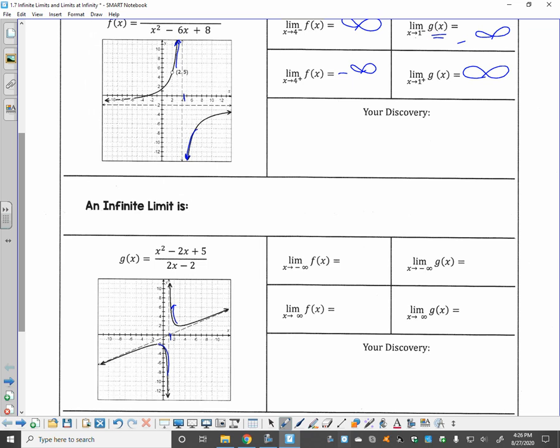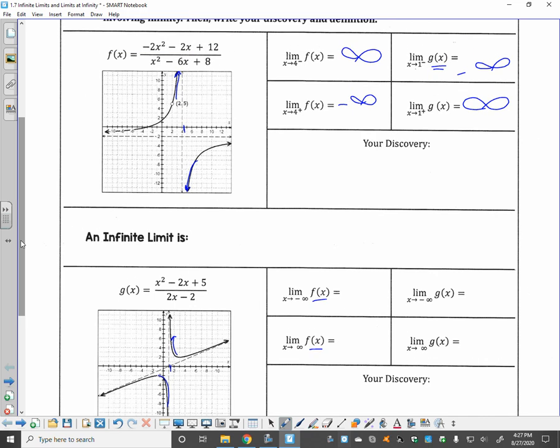Don't need to write that down. Y'all know that. Okay, so those were limits that are infinite. The answer is some sort of infinity. So these are infinite limits, limits that are headed towards infinity, and I want to know what the function is approaching. Okay, so we're going to go back up and look at f, and we're going to head towards negative